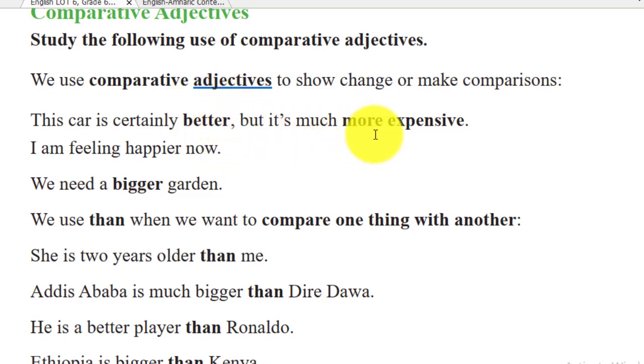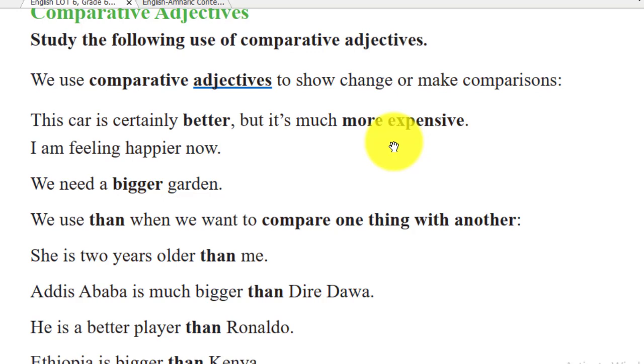As an example, this car is certainly better አለን ይሄ ተሻለ ነው ብለን, but it is much more expensive ነው ግን በጣም ውድ ነው ይለናል። እነዚያም comparative ነው። አንዱን መኪና ከሌላው ጋር ያነጻጽርና I'm feeling happier now ይላል happier ብሏል። ከዛሬ በጣም ደስታ የተሰማኝ ነው። For instance, compared to yesterday ከትናንት ጋር ሲነጻጽር ሊሆን ይችላል። We need a bigger garden ይላል ትልቅ ይላል ካለው ቢግ ከሆነው ጋርደን ቢገር ደግሞ ከፍ ያለ እንደሚፈልግ ይገልጻል። ስለዚህ እነዚህ bigger, happier, better, more expensive የሚሉት they are used to compare